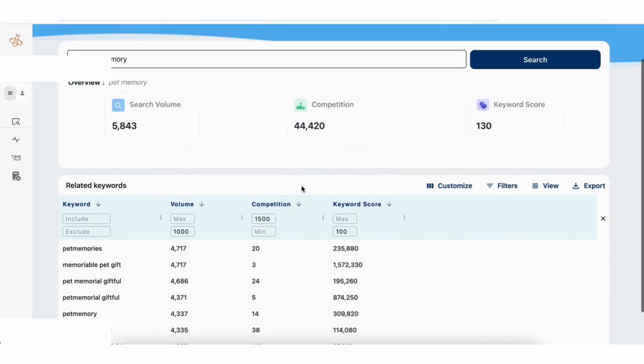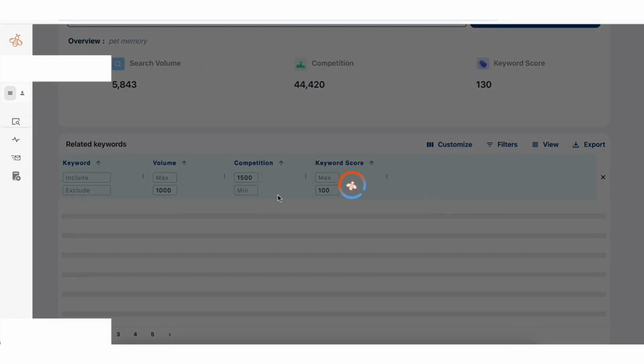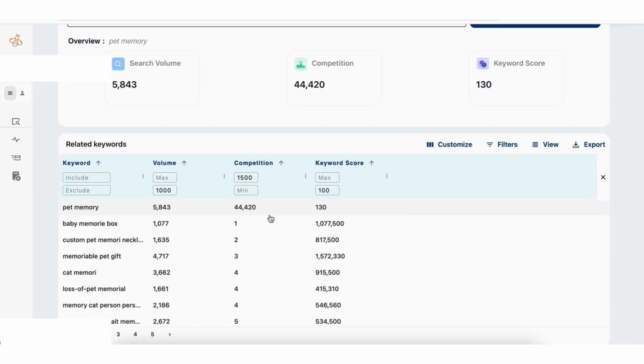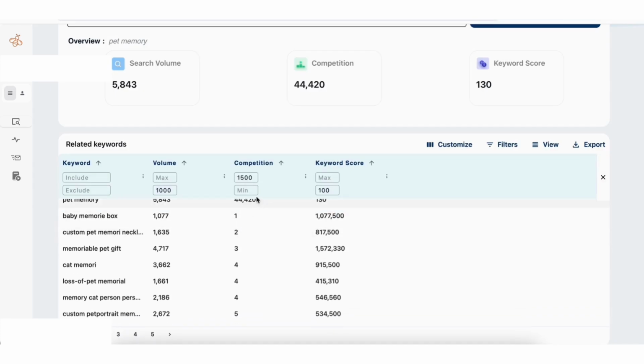You can sort it by competition. So if you want to see competition from highest to lowest or lowest to highest, we can sort it that way as well. So if you want to determine, well, which search terms should I aim for or which ones should I avoid, so this is lowest to highest. So baby memory box, that's not really applicable for pets, but here loss of pet memorial, that has